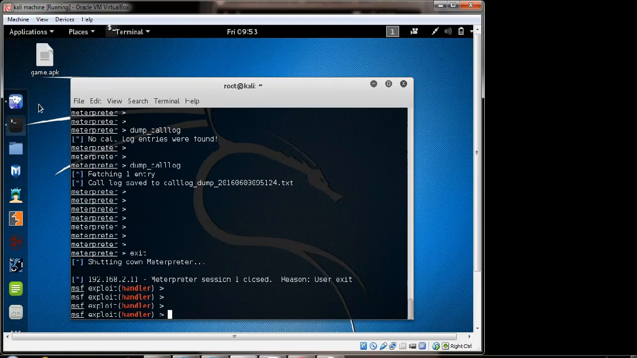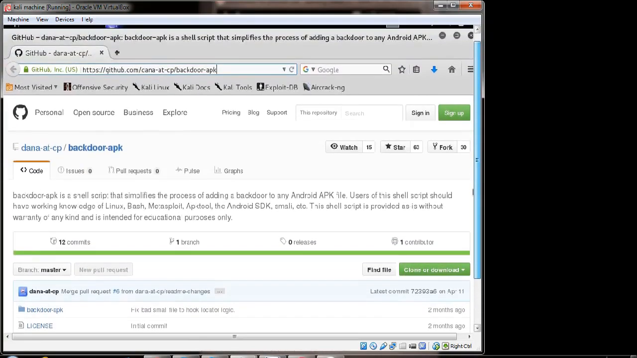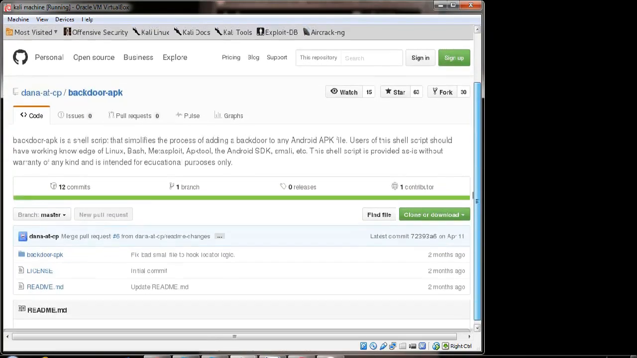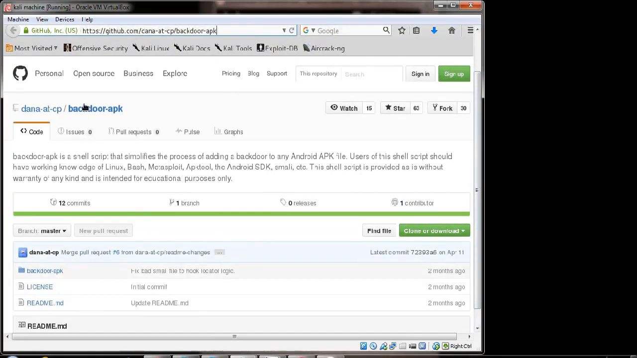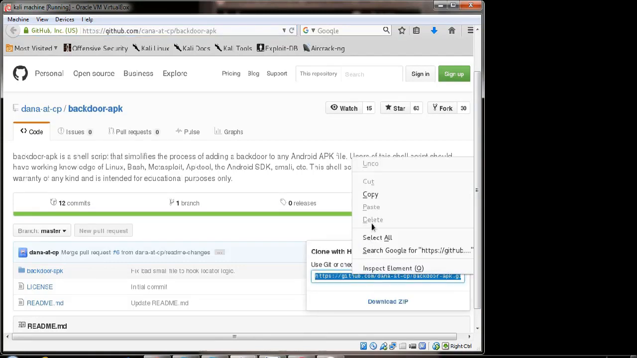So let's make use of this shell script, thanks to the contributor, for backdooring Android APKs. This is the URL. This is the shell script which is hosted on GitHub. Take a look at it again. Now let's get this backdoor APK shell script on our Kali Linux machine. We will copy this git address